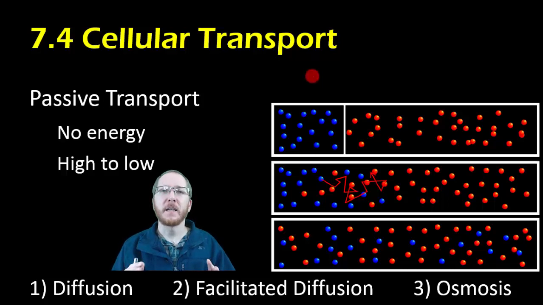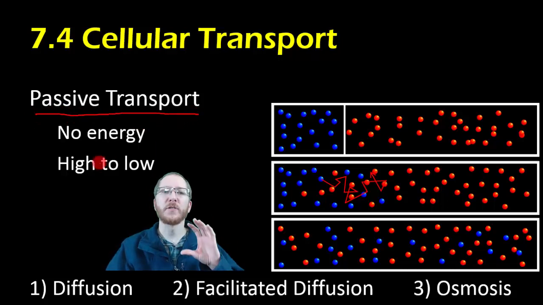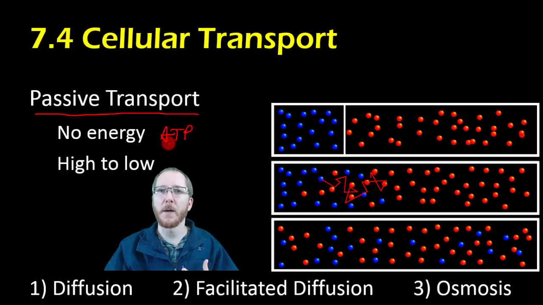Now, for many things, we can use passive transports. This is going to be one of our first big ideas in transport. Now, passive transport is called passive because it requires no energy. So specifically, this is not going to need ATP, that energy molecule that we've been bringing up from time to time. The other idea is this is going to involve molecules moving from where there's a higher concentration to where